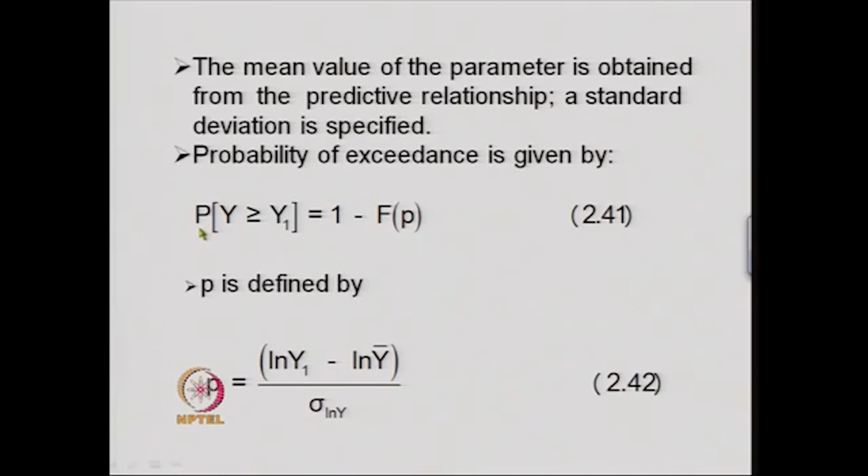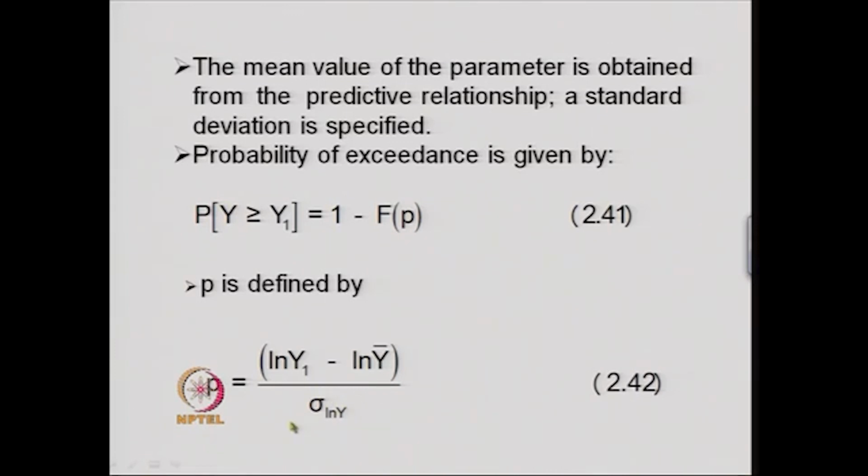this simple relationship. That is, the probability of any seismic input parameter being greater than or equal to a specified value is equal to 1 minus Fp, where the P is defined by this, that is ln y minus ln y bar divided by sigma ln y. Ln y is the log of the specified value, and ln y bar is the mean value of the parameter, and sigma ln y is the standard